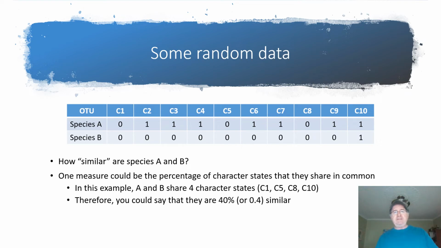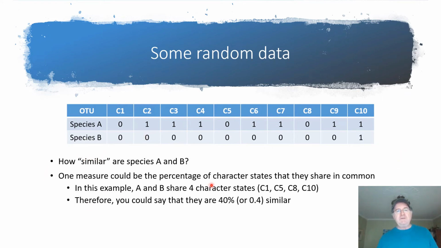And then I've listed 10 characters as the columns in here. And basically, I went to the rand function in Excel and generated some random, or at least Excel's approximation to random numbers for the binary characters that these two species will share. So we see for character 1, species A has state 0, species B has state 0. Character 2, species A has state 1, but this time species B has state 0, etc., etc.